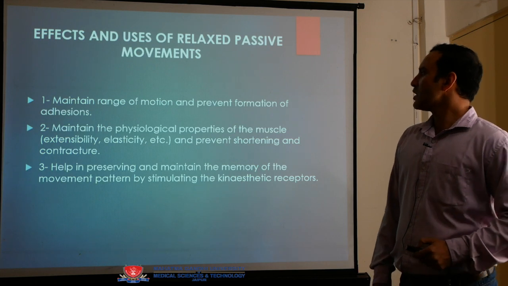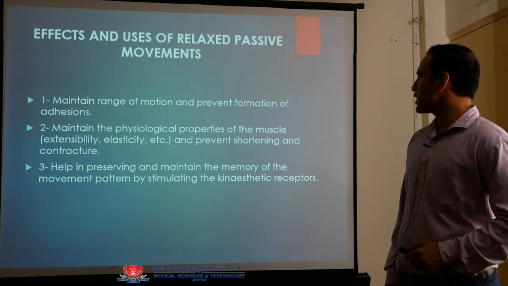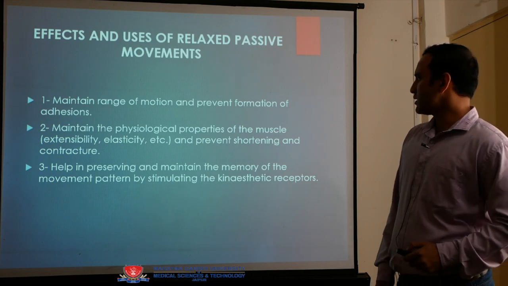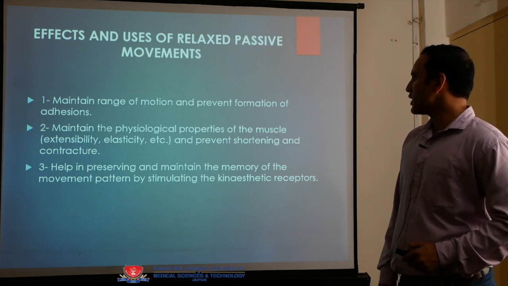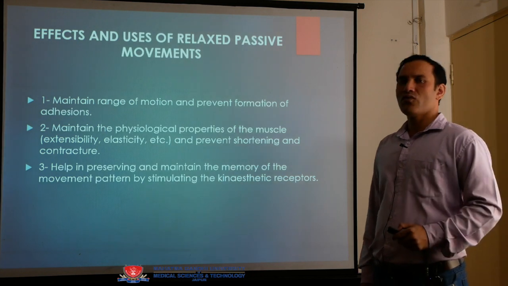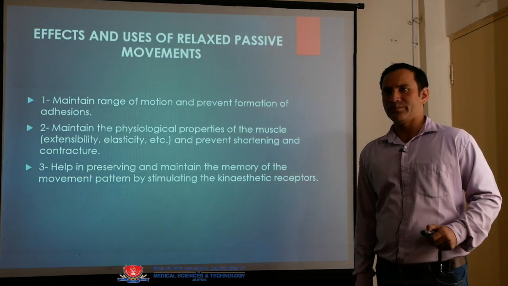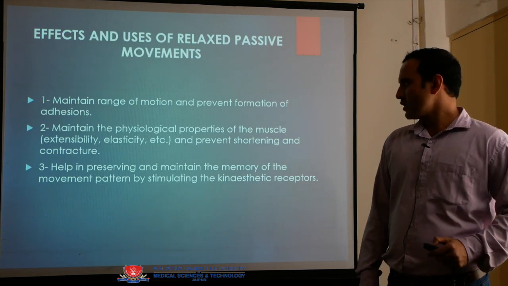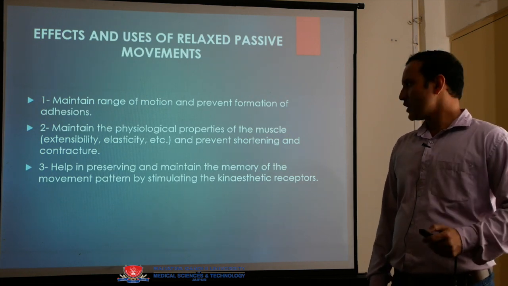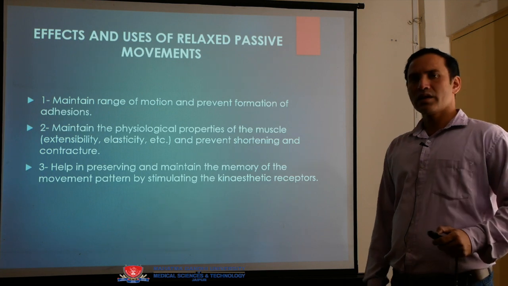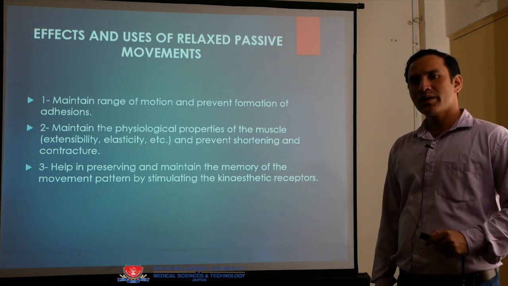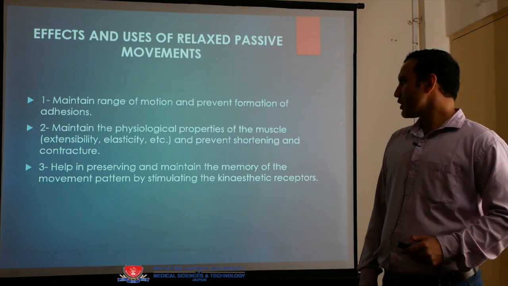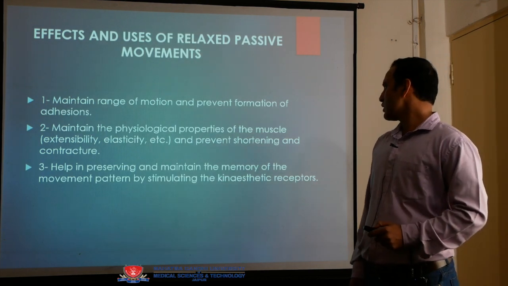Then next is to maintain the physiological properties of the muscle, that is extensibility and elasticity, and prevent shortening and contracture. So while moving throughout the range of motion, we are slightly stretching the muscle. If we are stretching, then the muscle does not get contracted and shortened. If a person is bedridden and is not doing any movement, then his muscle undergoes shortening